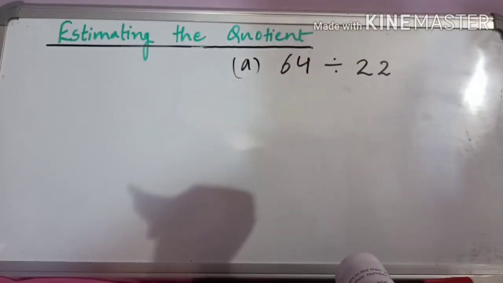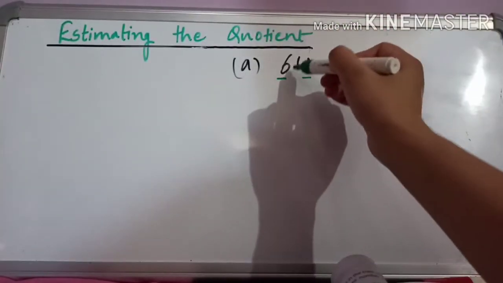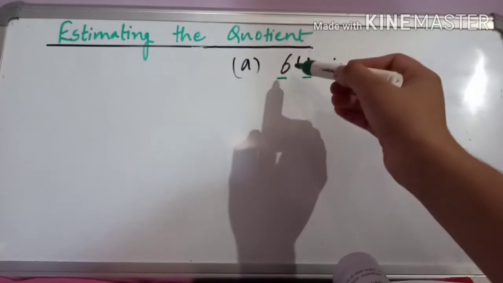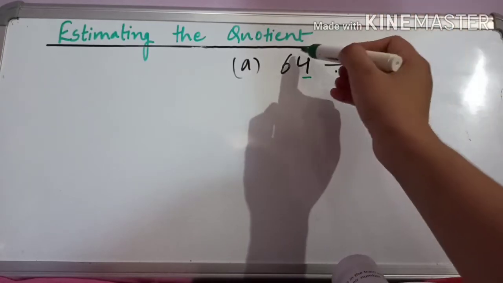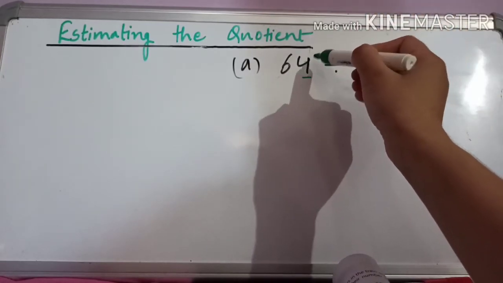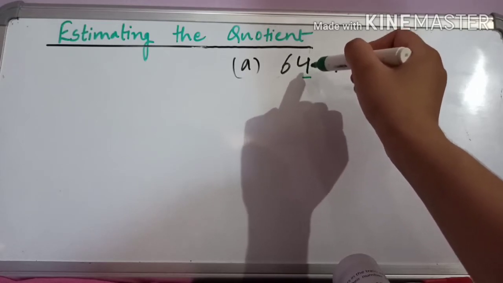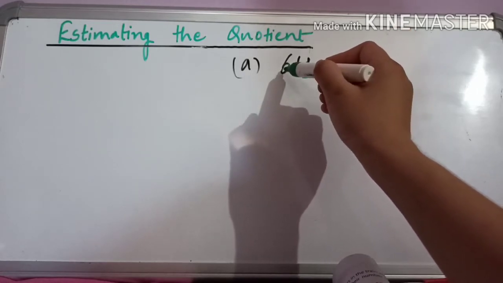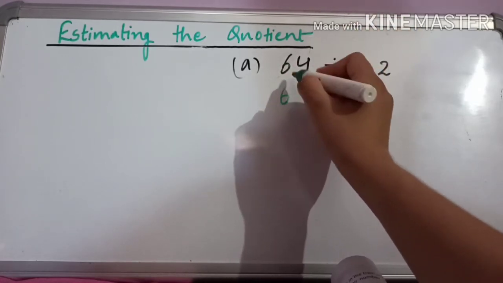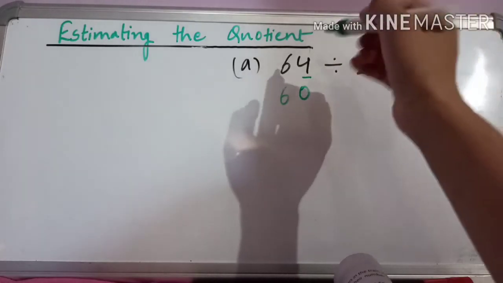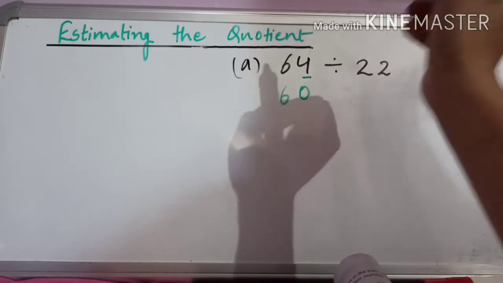It is 64 here. This is ones and tens. The last place value here is tens. So we will round this number to nearest tens, and for rounding this number to nearest tens, we will see the digit at the ones place. Since the digit at ones place is 4 and 4 is less than 5, therefore this 64 will be rounded down to 60. The number at tens place will remain same and the digit at ones place will become 0.